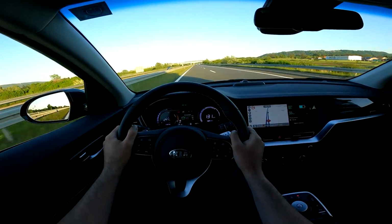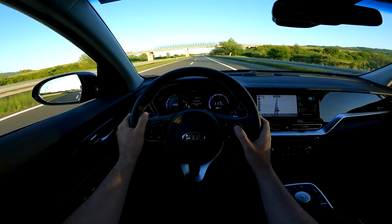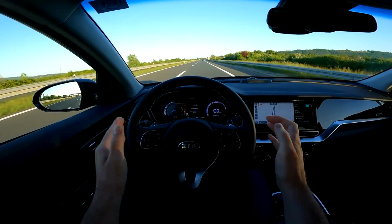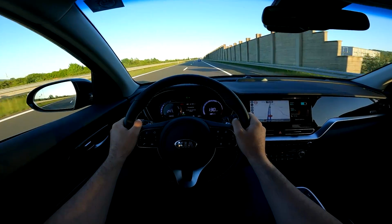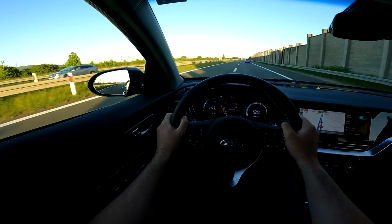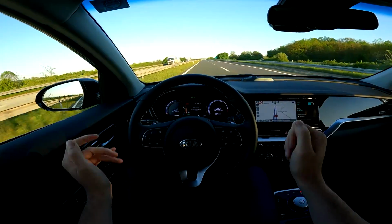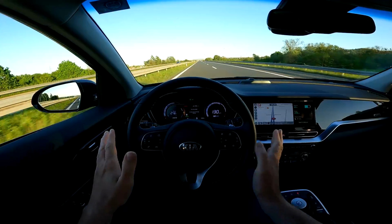And this car also has the smart cruise control. So let me actually go to the right lane. I will turn it on. We'll put 130 kilometers per hour. And you will see that it will keep us in lane, so it will not just go like ping pong, it will keep us in lane. And now we also have the car in front of us, so let's see how it starts to brake. You see, it is slowing down, and as soon as I turn on the indicator and change the lane back to 130, also nice inside the lane,